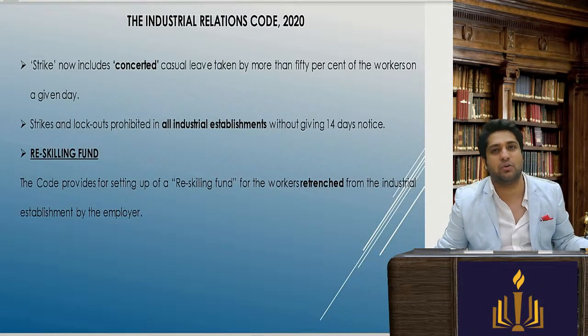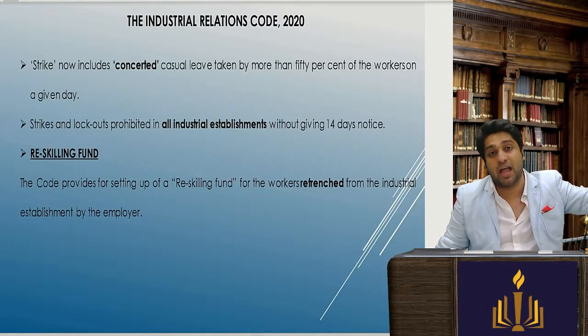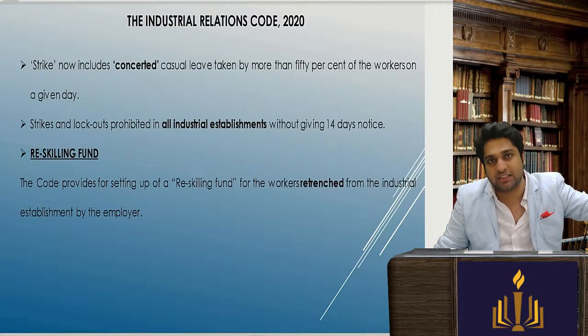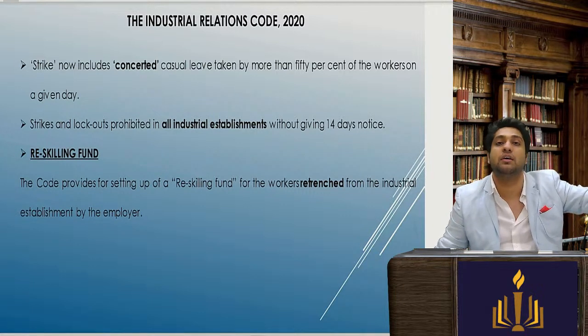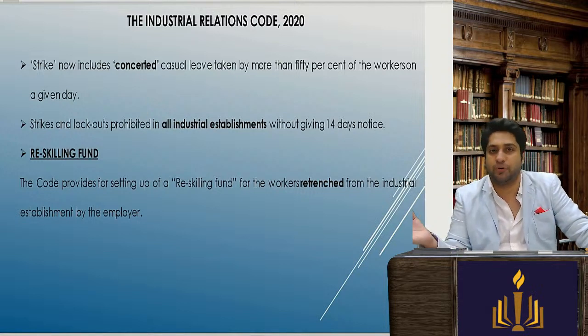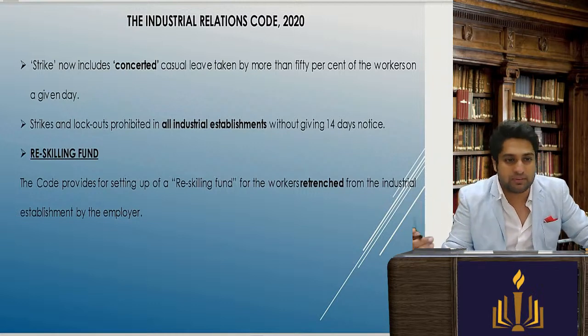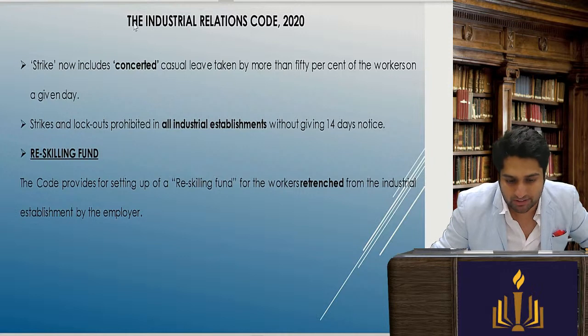Retrenchment is, due to business conditions, we have to remove people. That is called retrenching a person without his fault. We are retrenching a person, and maybe he is not a good performer, or maybe the business is not that much, so we will have to retrench. So we will see what the new points are.